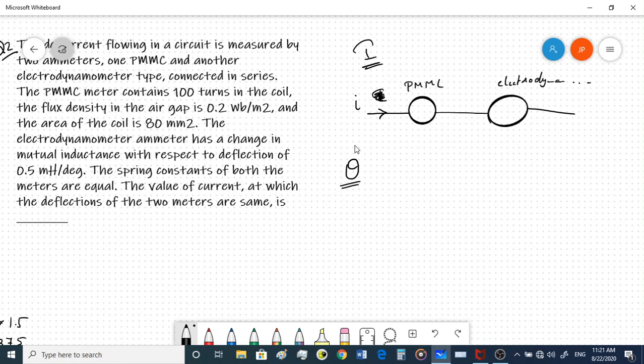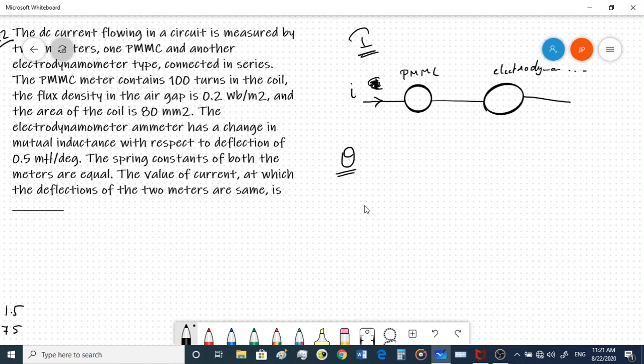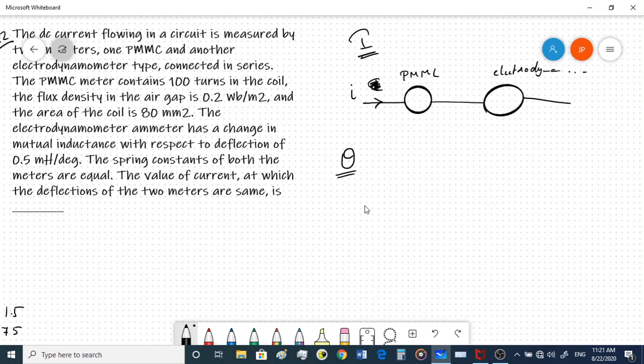Now it is also given that the spring constant of both the meters are equal. So let's write down the parameters for both these meters. So for the PMMC meter, this is a bit more direct question. So for the PMMC meter, given that N is equal to 100 turns, B is equal to 0.2 webers per meter square,